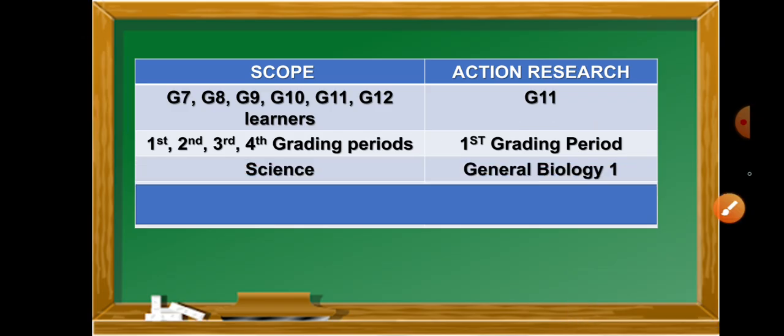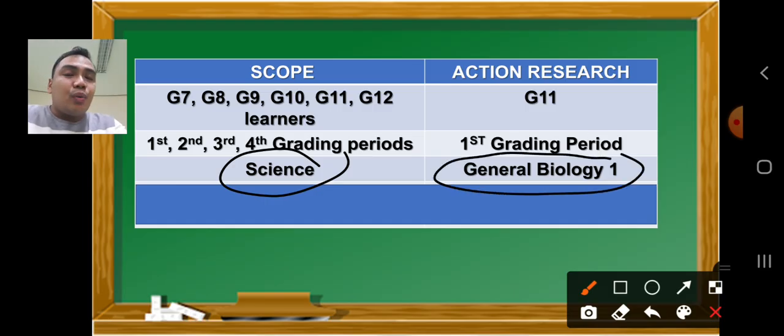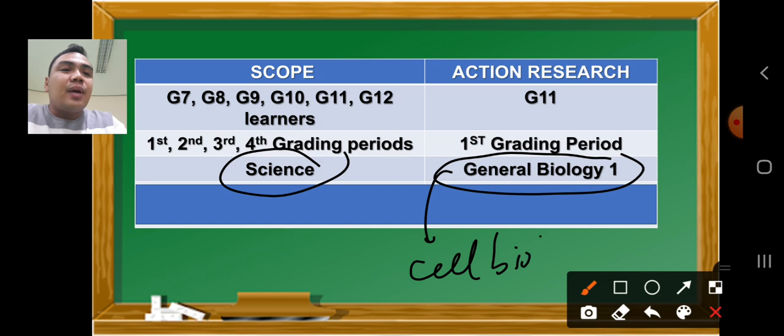Moreover, we know that the scope here is science, but we know very well that science is a broad subject. But during the conduct of research, instead of using chemistry, physics, earth science, and other fields of sciences like technology and ICT, the only focus of this action research is the subject General Biology 1. Because in General Biology 1, we have the topic about cell biology, which is the main concern of the said